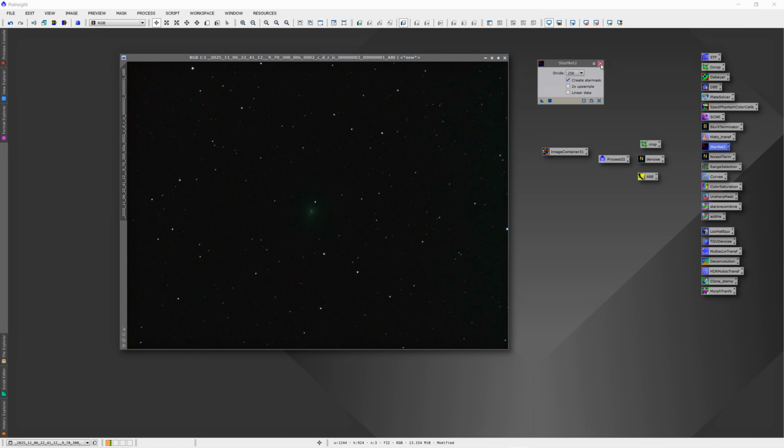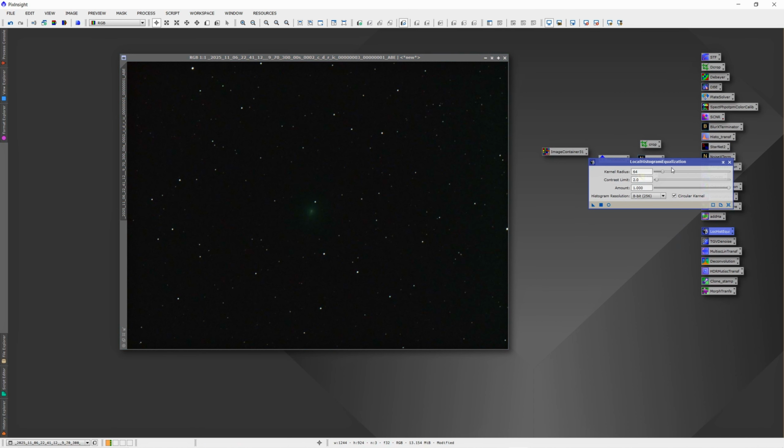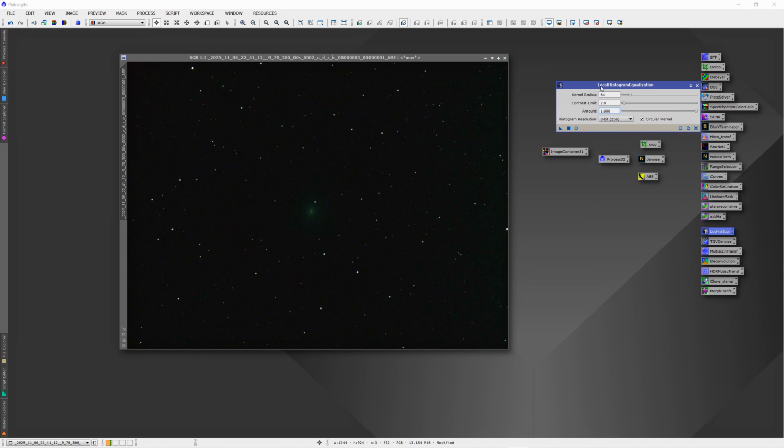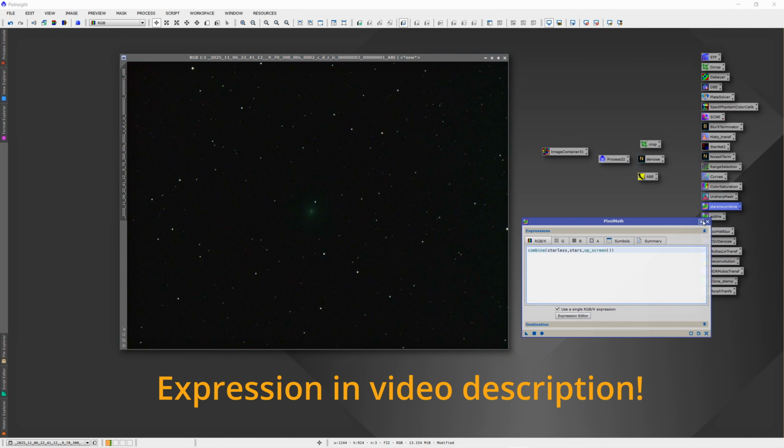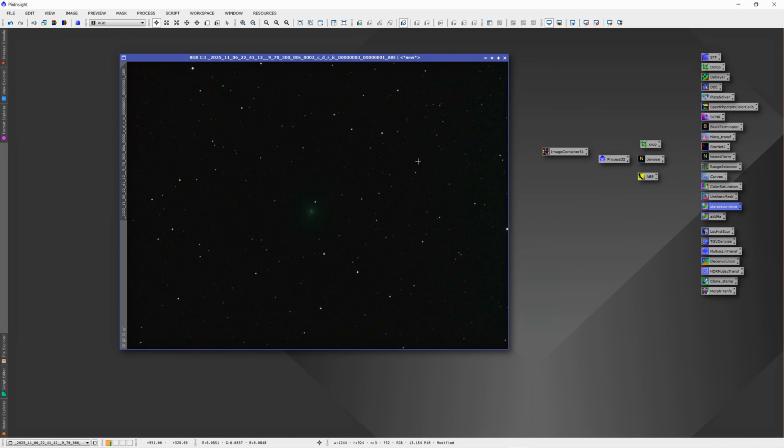And then you do the other steps like curves, color saturation, what I can recommend really is at the end to use a local histogram equalization to get more details in your comet and so on. And then you just rename it as I showed you, so in stars and starless. And then you just use your pixel math with this expression to recombine this, and then you have your single